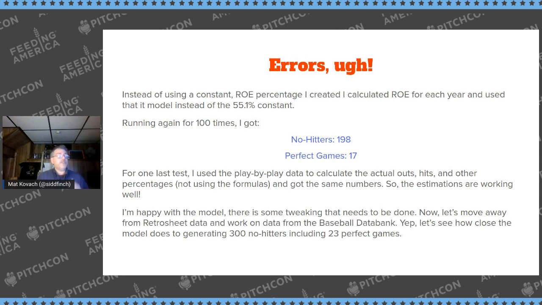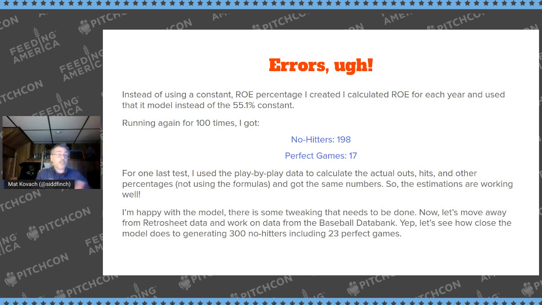So now what I wanted to do is, I've used all this on Retrosheet's play-by-play data. Now I wanted to use data that you can use. That's all the seasons, hits, all that stuff, pitchers, which teams they played for, and all that. It's called the Baseball Data Bank. It's by Sean Lahman, not the Sean Lahman of Baseball Reference, but another guy that happens to be Sean Lahman that likes baseball stats. And I'll include links to this. So then what I did is I took his data and manipulated it so I had the same information I did with the Retrosheet data.